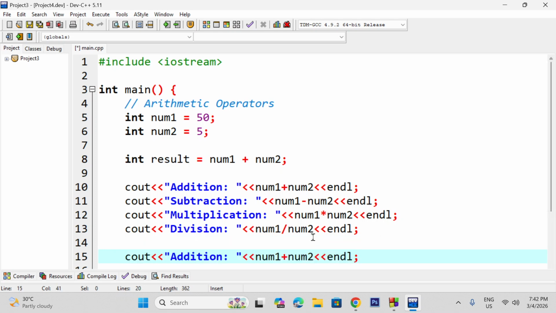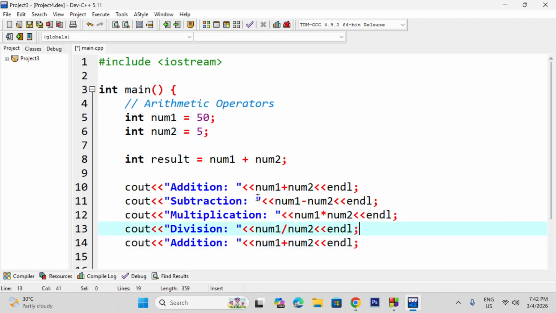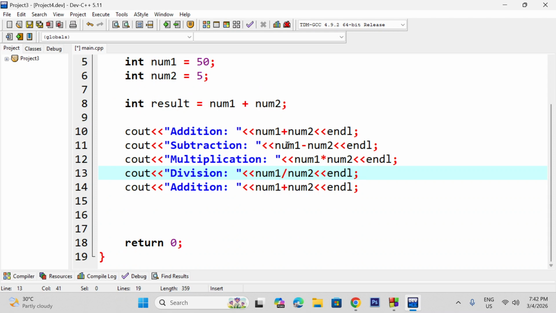Then I'll add this last arithmetic operator. Sometimes it comes in very handy. That's the remainder or the modulo. The modulo operator is also an arithmetic operator, and that's basically the percentage symbol. It's going to divide num1 by num2 repeatedly until it gets a remainder. So basically that's it. Now if I run this program,